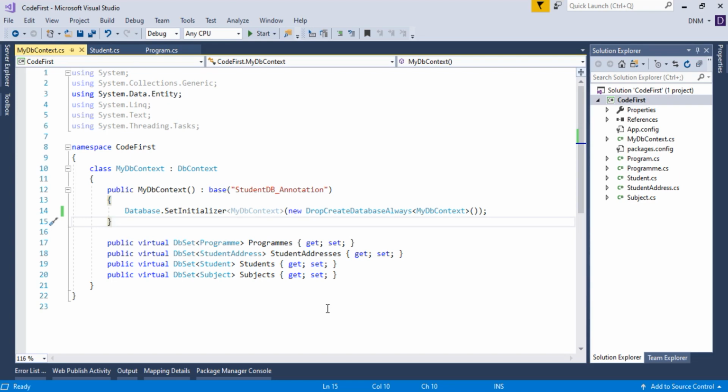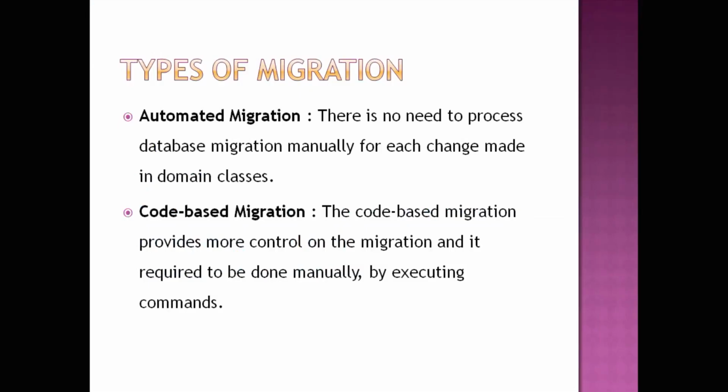Now we are going to see the types of migration that we will study from the next video. There are two types of migration. First one is automated migration. In automated migration, you do not need to write any command or anything. Whenever a change is made in your domain classes, it gets migrated to your database.